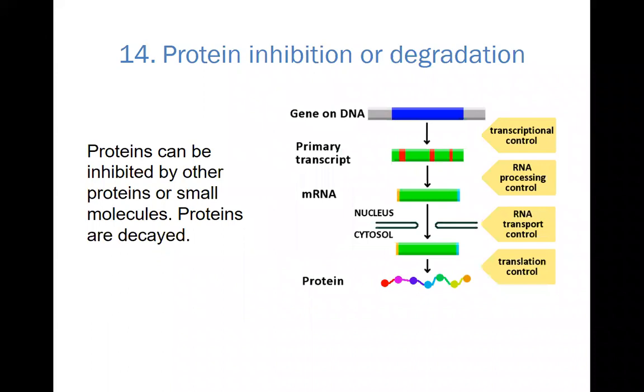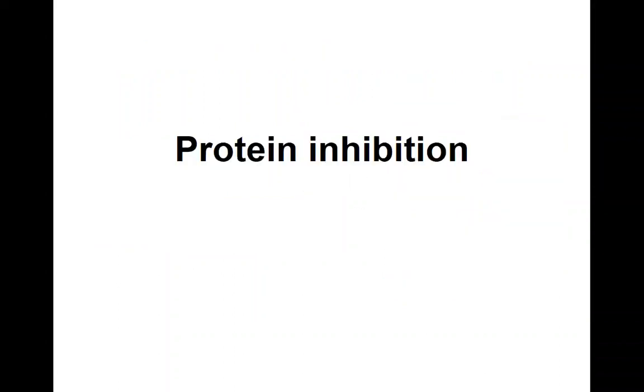Okay, and then finally, protein inhibition and degradation. We haven't talked about protein inhibition much at all, so that's what we'll talk about in these final 10, 15 minutes. Proteins can be activated by post-translational modifications, or they can be inhibited by inactivation, but also by small molecule inhibitors. This is how many drugs work, and we'll talk about